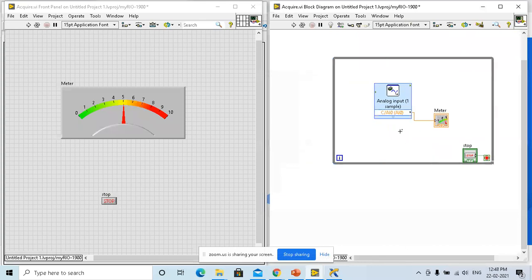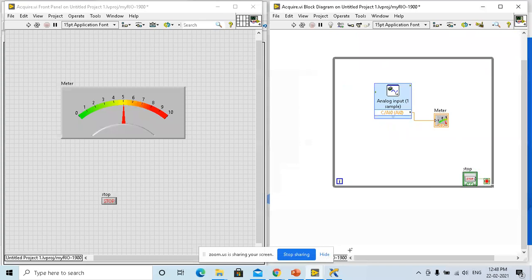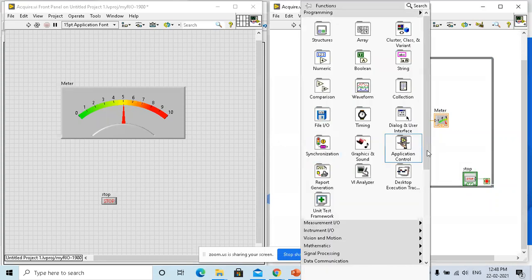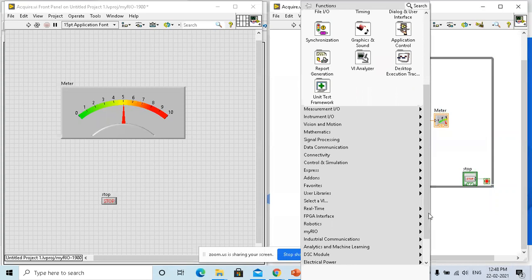But how the data is going to be pushed from your myRIO to your cloud is also going to be the question, right? Basically, it's going to use some industry standard protocols.